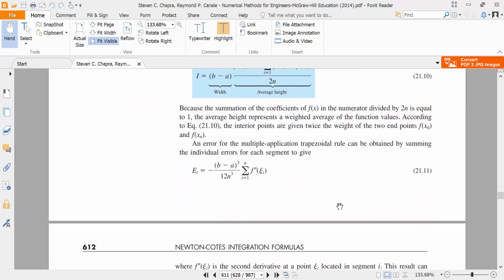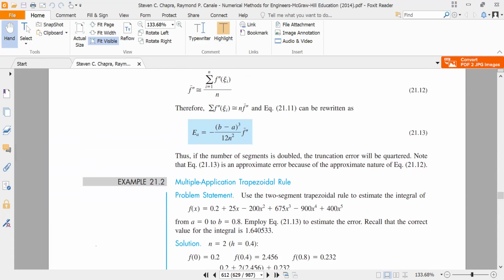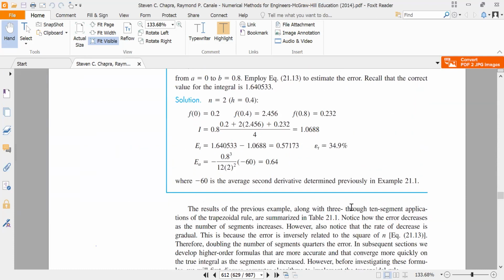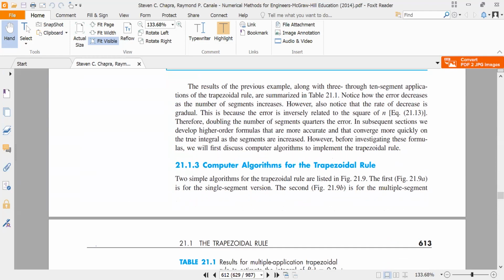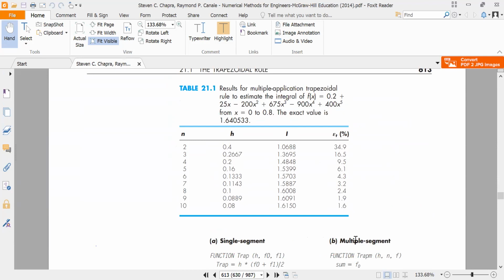It is in the order of, you see, error will be very small. Now if we apply the trapezoidal rule multiple times for this function, you will see that this is the result. Calculation will take time, but it is not very difficult to do. So you see that if we use only one segment between x equal to 0 to x equal to